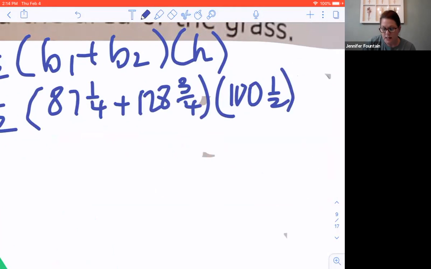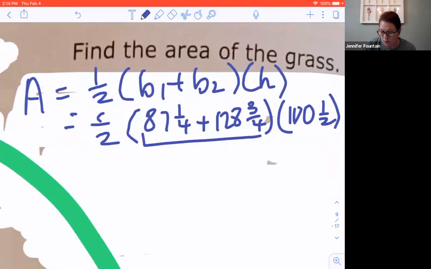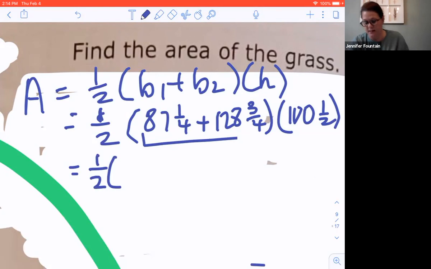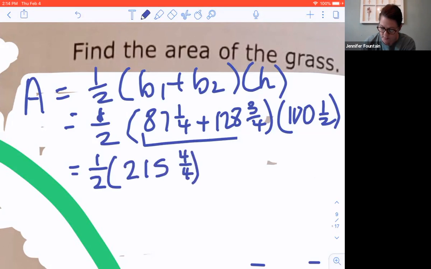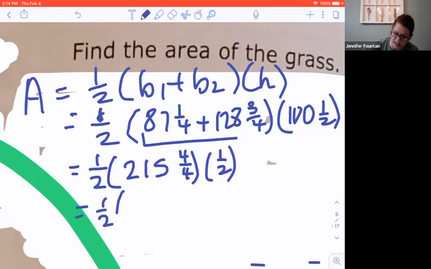Okay. So now when I add these two together, remember adding fractions, numerator plus numerator, keep the denominator. So I'm going to have 1/2 times, let's see, 87 plus 128 is 215. And then 1/4 plus 3/4 is 4/4. Now, since 4/4 is equal to one whole, that means I'm going to put that with it. So I've got 1/2 times